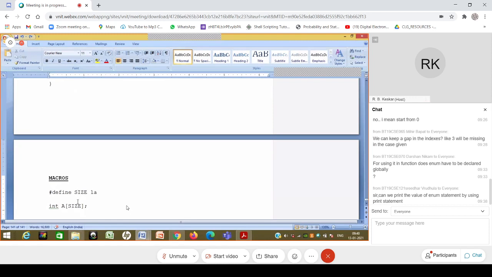The second part I said is that typically we use capital letter words; these are called macros. The word SIZE actually is called a macro. So these macros are typically defined by using all caps. Is that mandatory by the language? No. You can use small letters also, but the moment you use small letters, we ourselves become confused, because typically we use small letters for our variable declarations. So it is an unsaid rule that the variables are written in small letters, and macros are written all in capital letters.